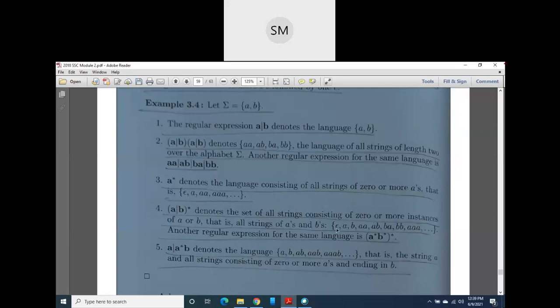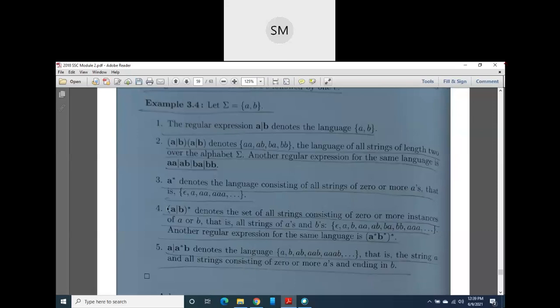So if 0 A's, the empty string; 0 B's, the empty string; then 1 A will be there, 1 B will be there, and then 2 letters: AB, BA, okay? Because AB is 1 A, 1 B, and BA is 1 B, 1 A. Then 2 B's may be there, again 3 A's may be there, 3 B's may be there, like this. All combinations we can write here, okay? So this is the language represented by the regular expression (A union B) Kleene closure, okay?